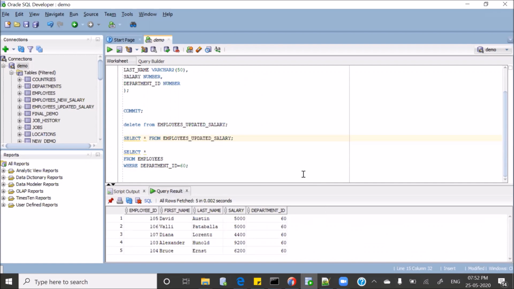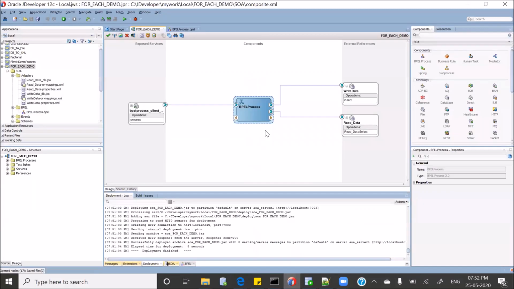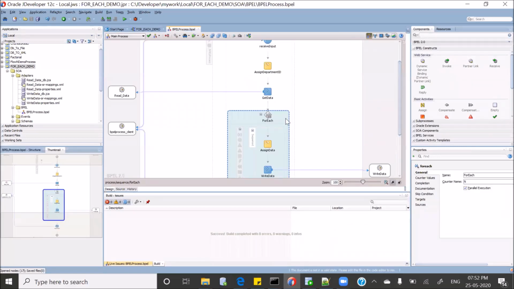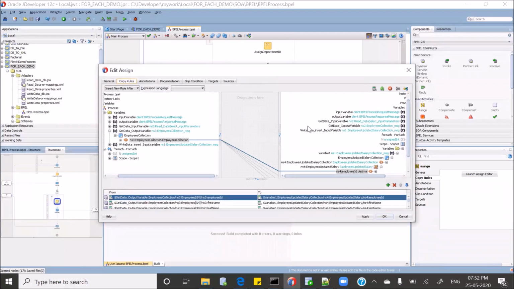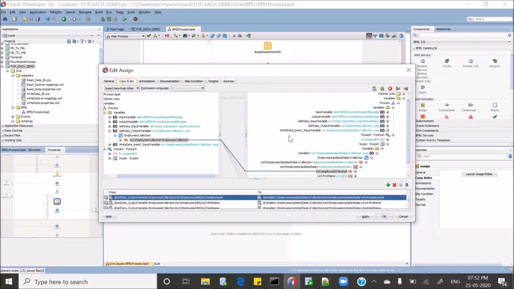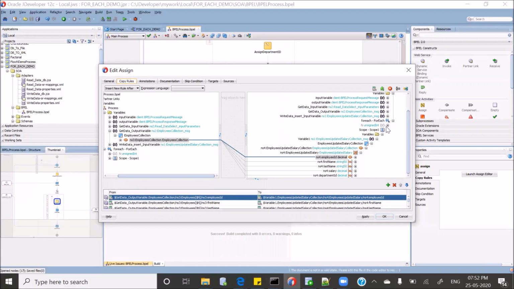Okay. So when I was performing this activity, the major issue which I faced, which I would like to highlight again and again, the only tricky part in this particular project is while you are assigning the data, make sure you are creating a variable inside this for each. Whatever the for each got created, here you need to create a variable and assign the values to this particular variable. Do not assign directly values over here and use this counter. Apart from that, everything is fine.